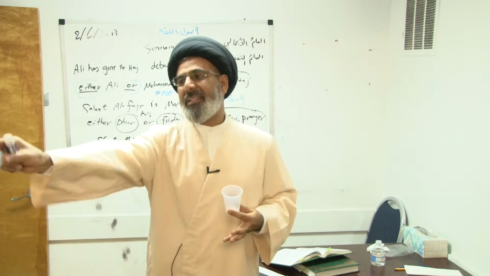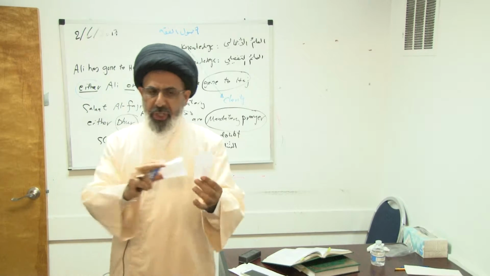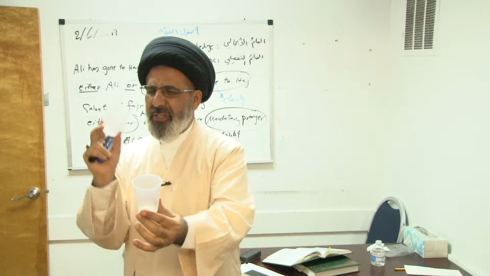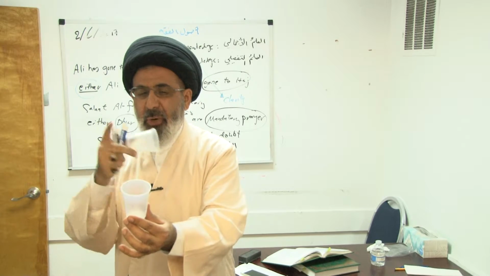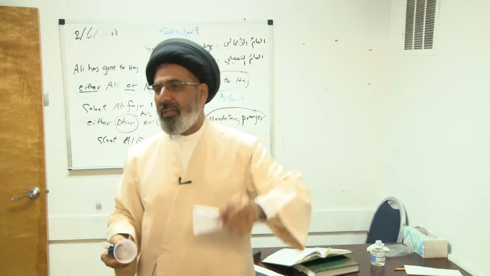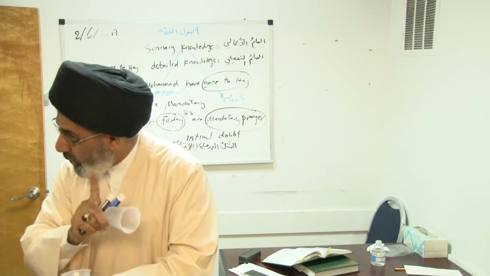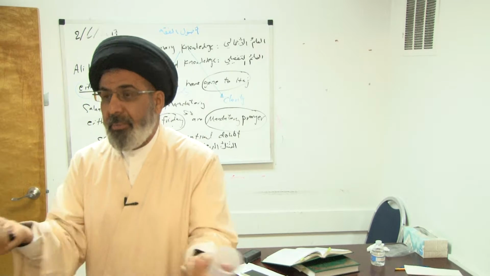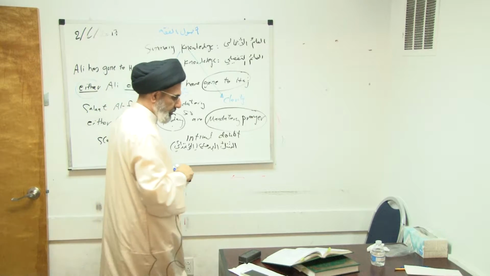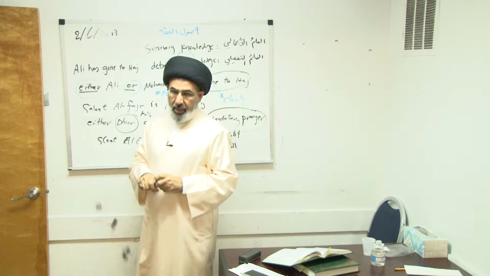Initial doubt. I don't know 100% whether this is clean or najis. So when I have initial doubt, which rule or principle should I apply? Exemption, bara'ah. That's it, you can drink it, though you don't know 100% that it is clean, because nobody told you anything. Also, it implies the concept that there was certainty before you walked in that one of them is najis. Right? That was the certainty.